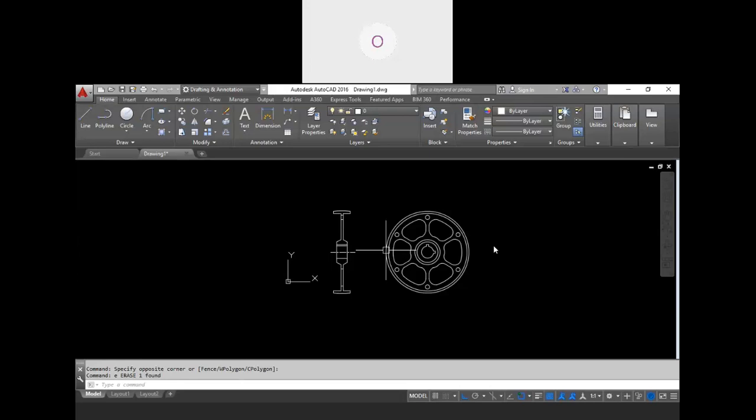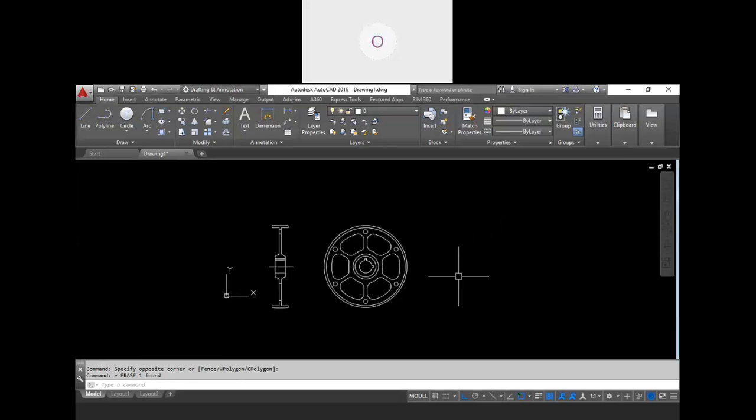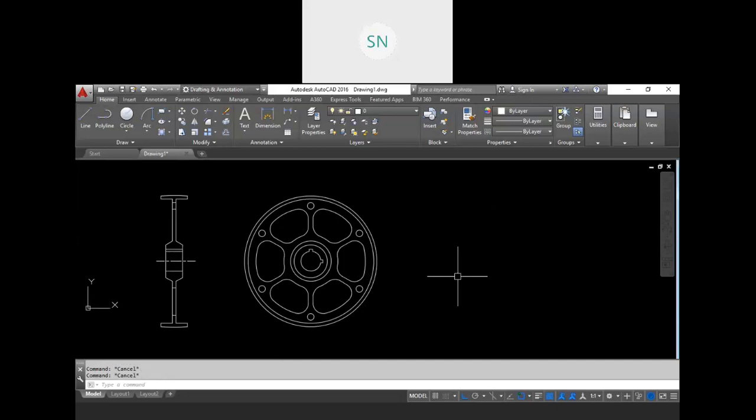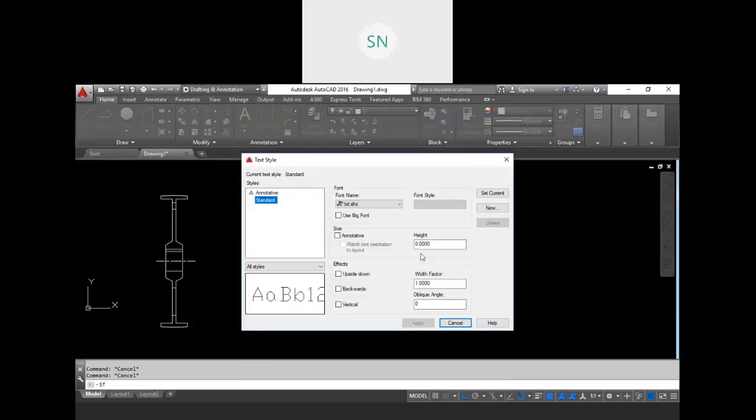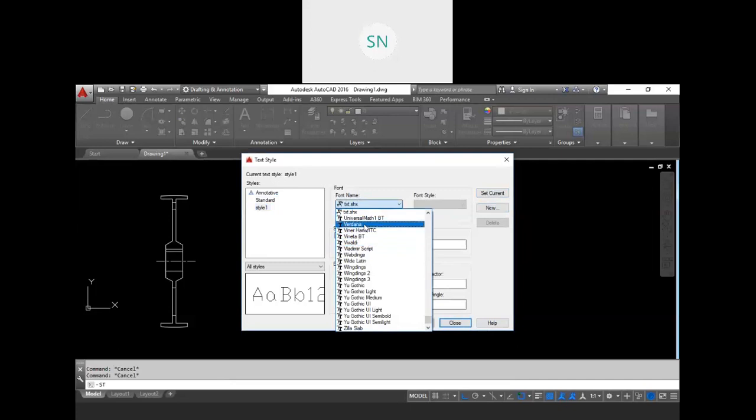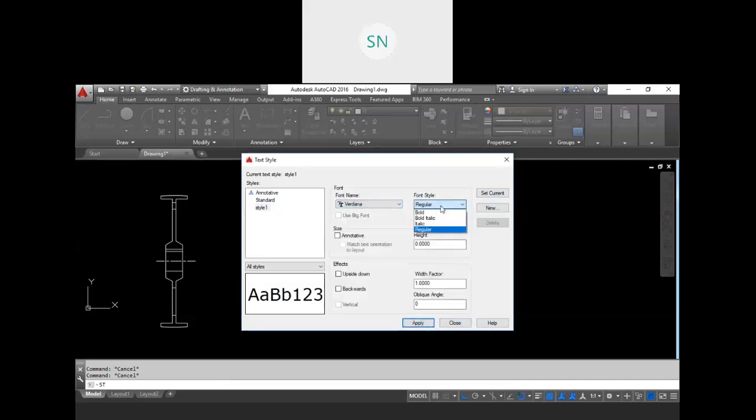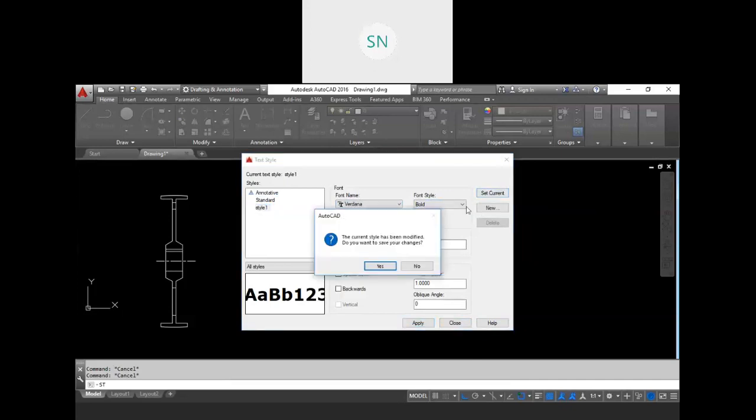For that, if you are using a simple text editor, then you should go to the text style dialog box. Create your text style over here. For example, let me choose Verdana format with bold, select your text style and set that text style as current.